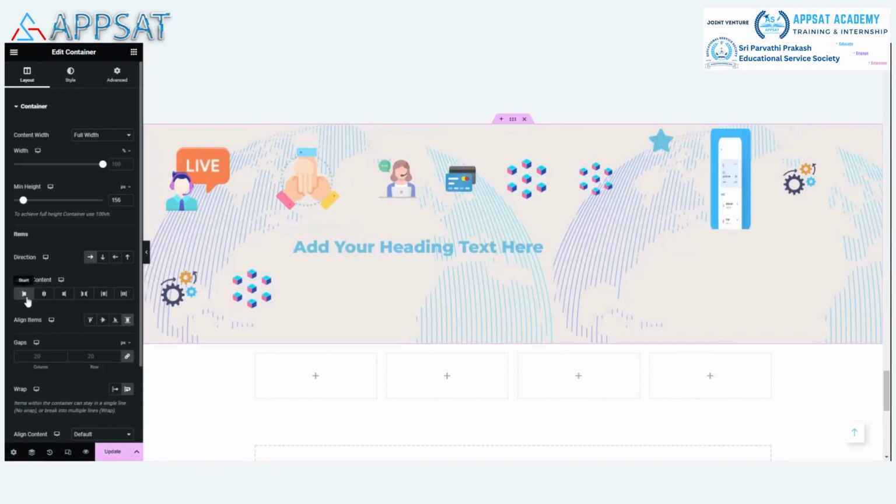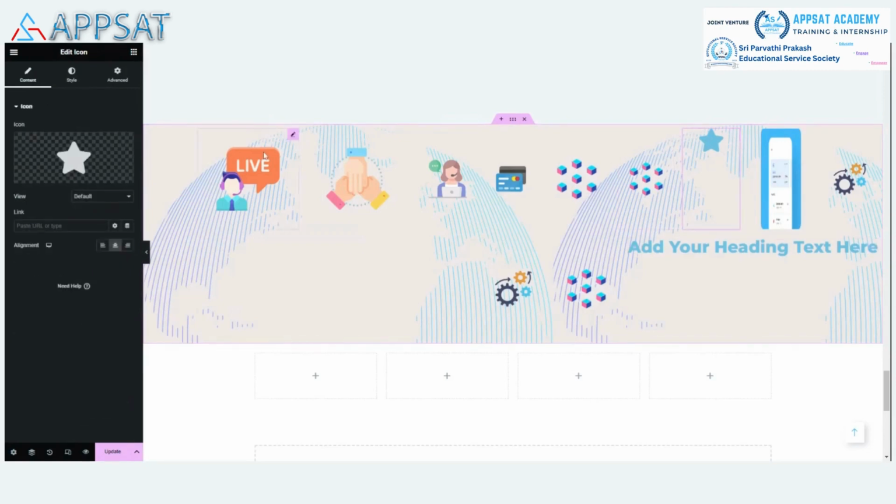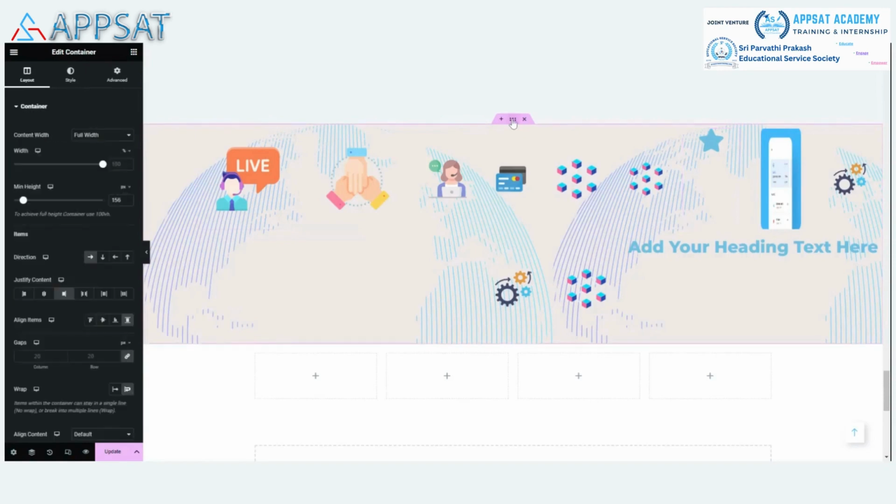So this one is starting from left hand side to right hand side. And again the same, this one also will remain the same. So it's all about how you want to make your website look. So these are the things you need to take care of. And if you select the align item, it means how you want to align that item. So if you see here, this one is aligned in between, right? So what you have to do is, if you want to make everything into one, then you need to look from